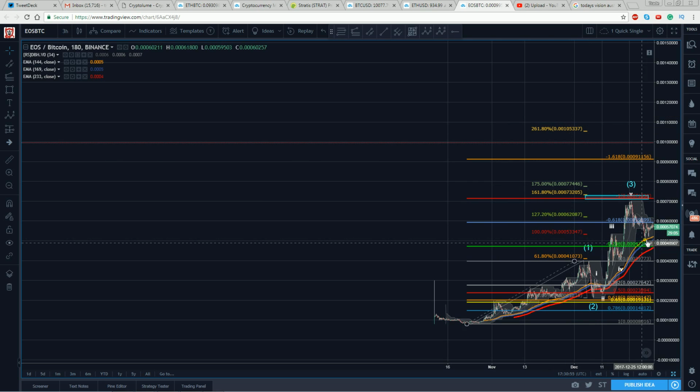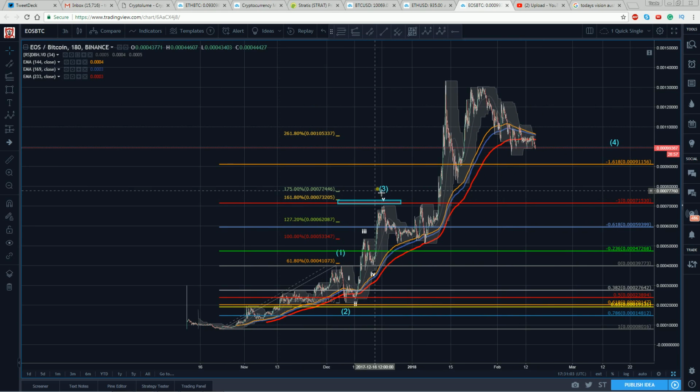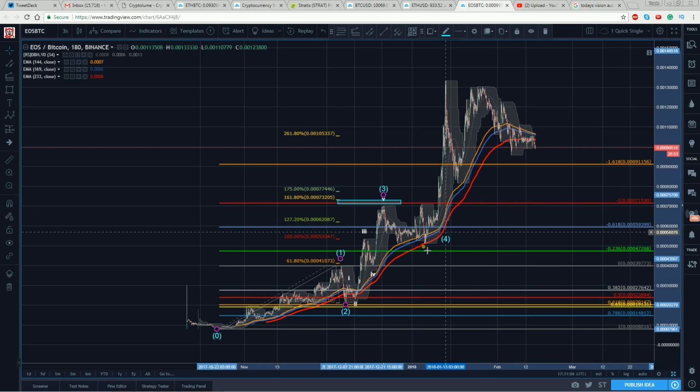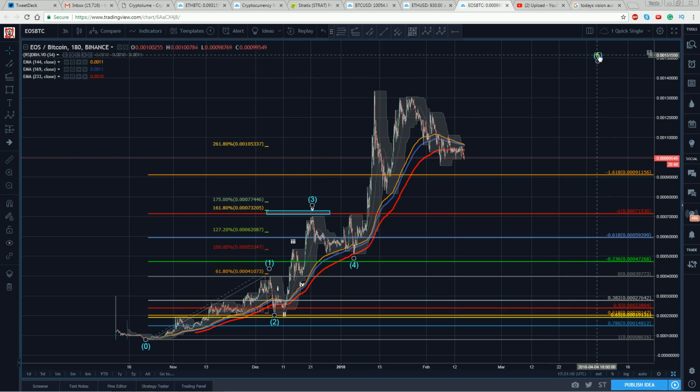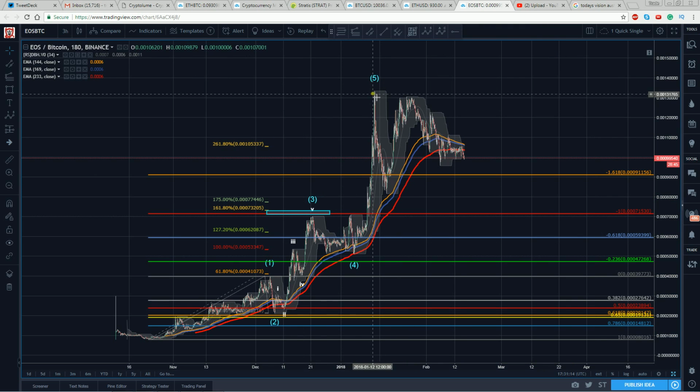So if you took that trade as the 4, well, good for you, right? What a run we have there. But if we continue with that as the 3, then that would imply that this is our 4, right? And if I think back to previous times where we've analyzed this coin, that was a count that was hard to argue with. All right, 3, 4, yeah, now extension in the 5th.